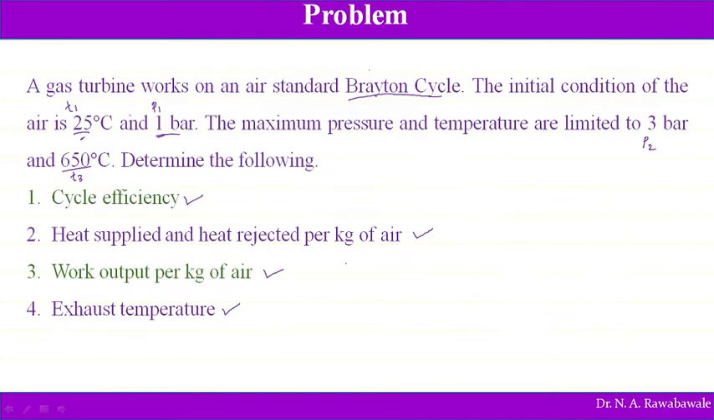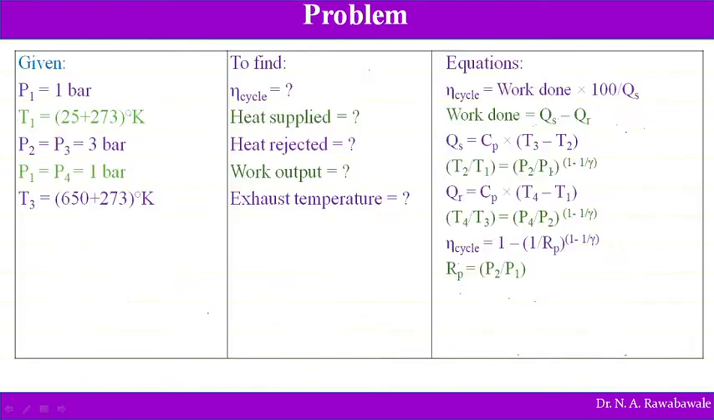Now he is asking us to find out cycle efficiency, heat supplied, heat rejected, work output per kg of air, and exhaust temperature. So let us collect this data. Already it is given in this problem that the initial pressure is 1 bar and the initial temperature is 25 degrees Celsius. So 25 degrees Celsius in degrees Kelvin is 25 plus 273, which works out to be 298 degrees Kelvin. Then the highest pressure P2 is equal to P3 is equal to 3 bar,